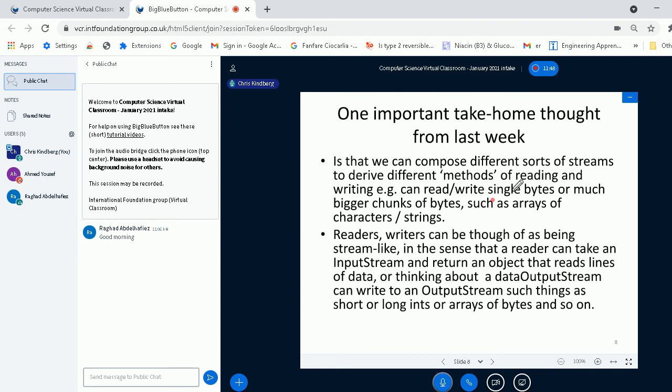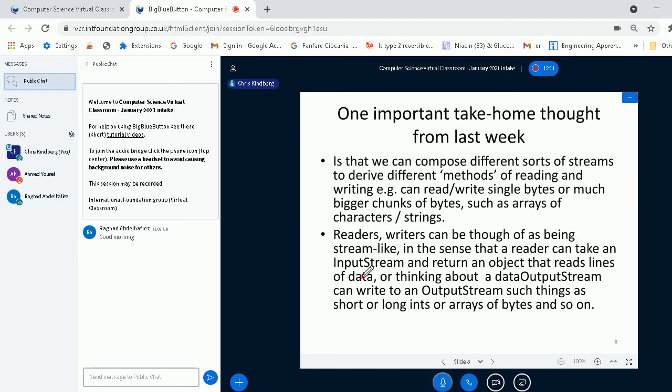You can think of readers and writers as being very much like an input stream or an output stream. And what you'll do is find methods that read lines of data.